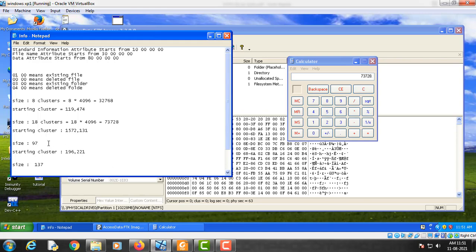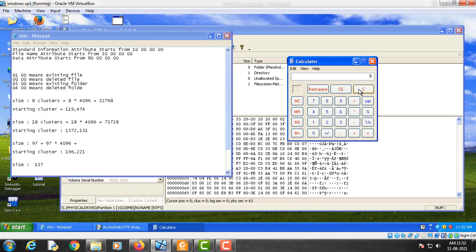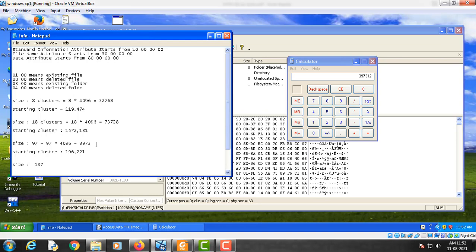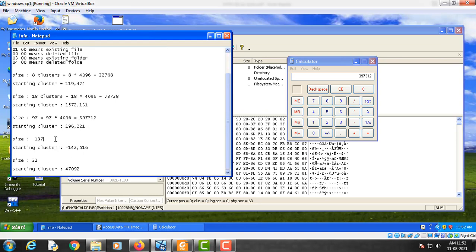And do the same thing here. 27 into 4096, which is 110592.